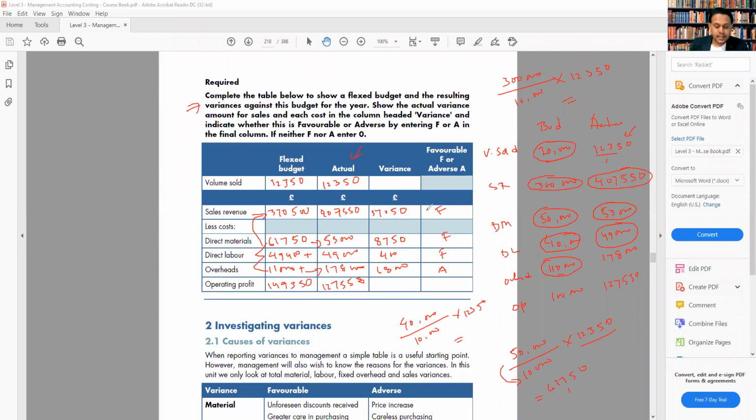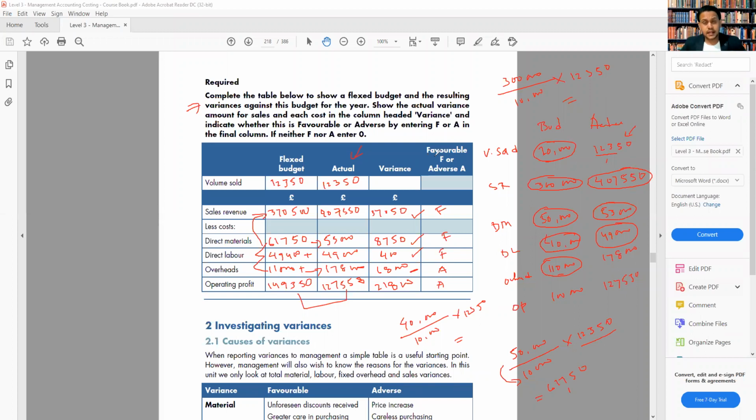Now the variance analysis, we can add all this favorable. So this is favorable, this is favorable, this is favorable, and that's the only one we have adverse. We will minus that, and that will give us the total difference, 21,800 adverse. If you do from here, it will give you the same result anyway. So that's how we can complete our